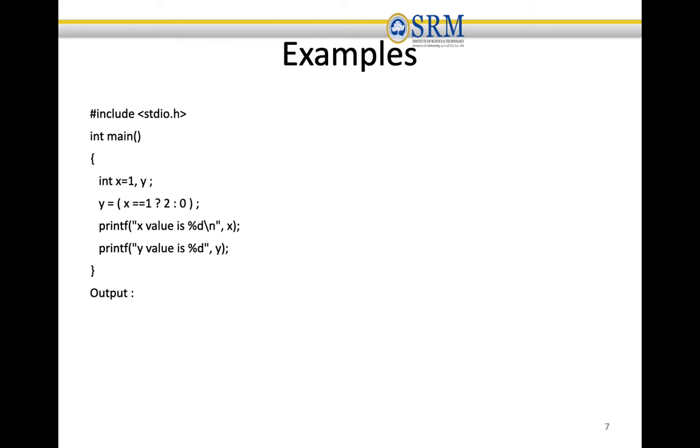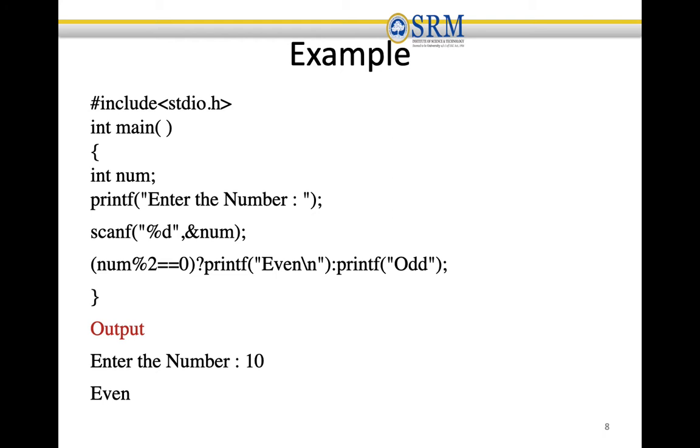If x is equal to 1, the condition is true, then 2 will be assigned to y. So if you see the output, x will be 1 and y is equal to 2. In case you assign x equal to 2 in this same program, then the y value will be 0 because the condition is false, and 0 is assigned to y.